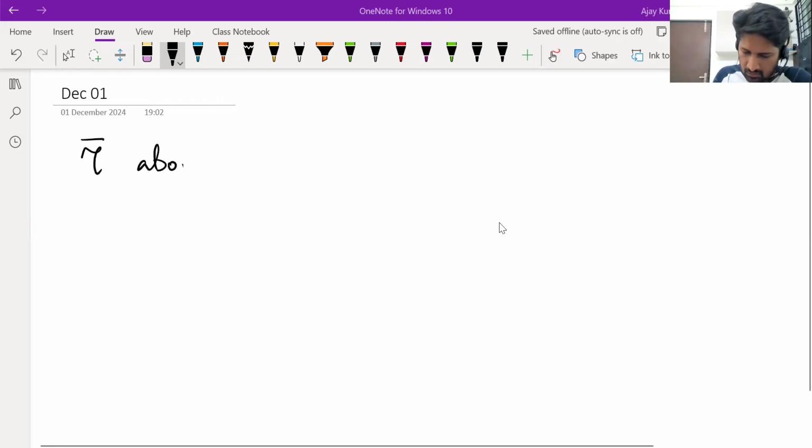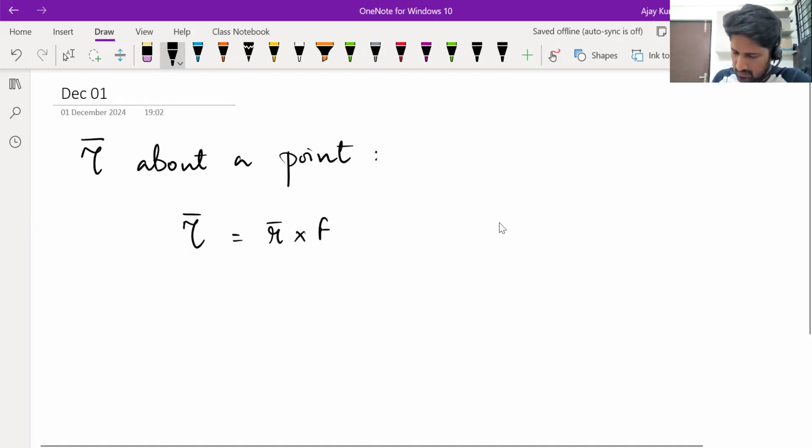Torque about a point. Torque produced by a force about a point is expressed as tau equal to R cross F. And torque about an axis is calculated as